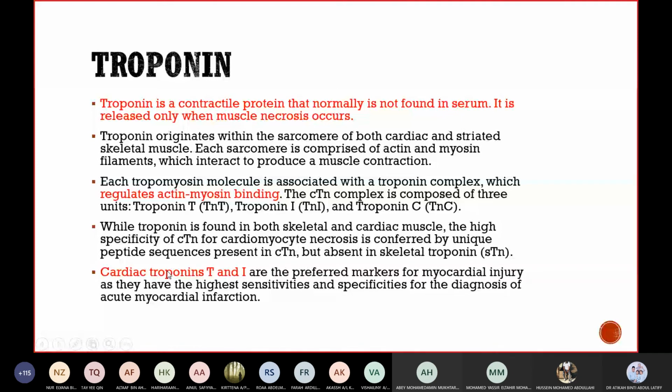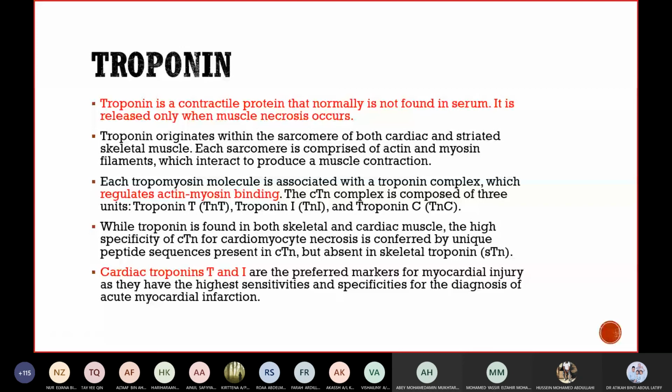So meaning there are three types of troponin: T, I and C. T and I are more specific for the heart muscles. However, C can be found anywhere in the body. Okay, so if there is myocardial injury, so patients who have myocardial infarction or heart attack, as you normally refer to it,